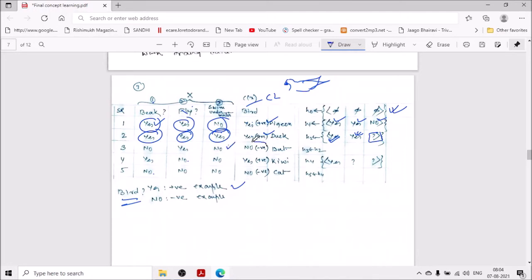Third one is the no. We have to ignore it. Fourth one is yes. Compare once again. Yes, yes, so keep as it is. No, yes, now it's different. Definitely use the most general notation, question mark. No, question mark. Definitely once it is a question mark, we have to continue this one. And finally it is a negative data, so we have to ignore it. So the final hypothesis is what? The final hypothesis is yes, question mark, question mark.